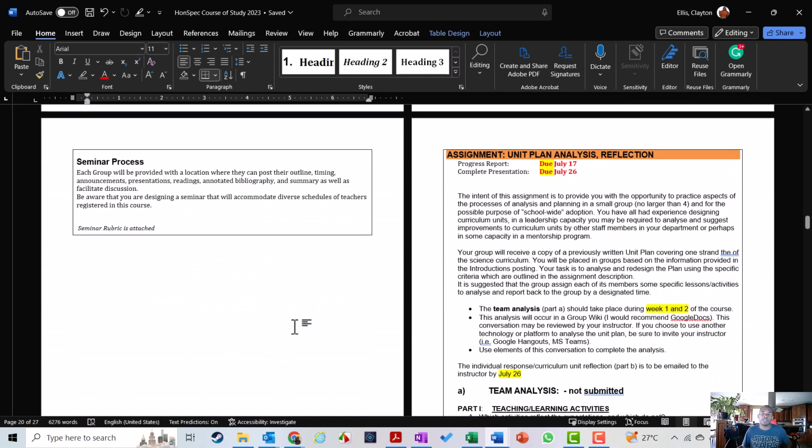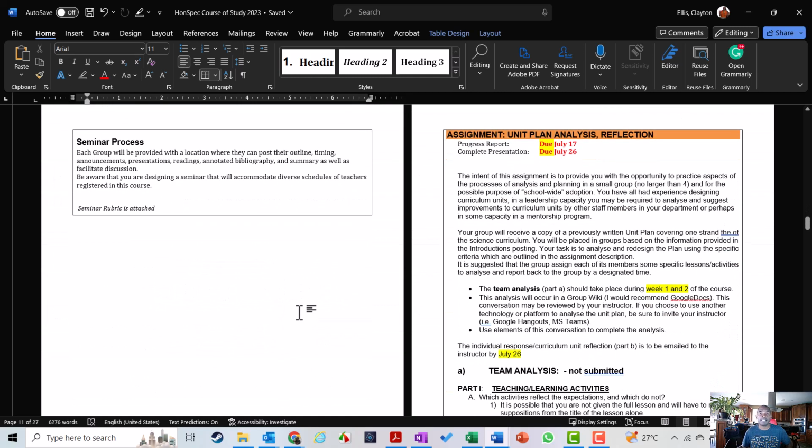In addition to the seminar, we have the unit plan analysis. So often as a new leader coming into a department, you will have legacy work that other teachers or the department's done for the past 1 year, 5 years, decade, maybe longer. And a lot of times the legacy work might not reflect the new curriculum or might not reflect the new ways of thinking, understanding, and education. It might not include anti-oppressive practices, for example, or Indigenous worldview. And so you need to kind of refresh.